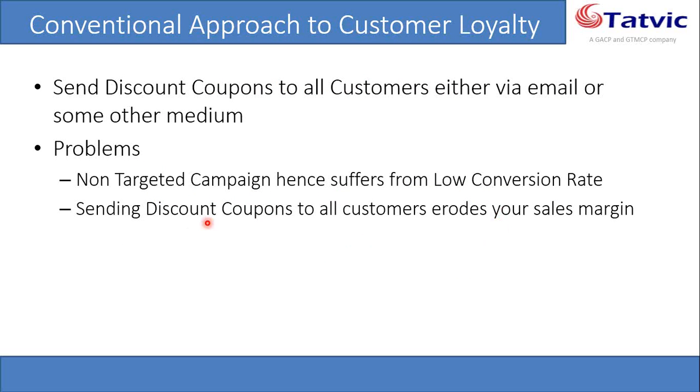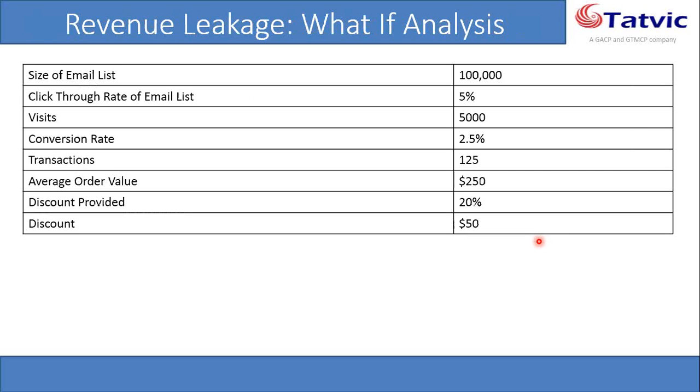And the other aspect of this is that since a large number of customers are influenced to purchase on account of these discount coupons, it does make a dent in your sales margin. So there is indeed some revenue loss involved in this campaign,